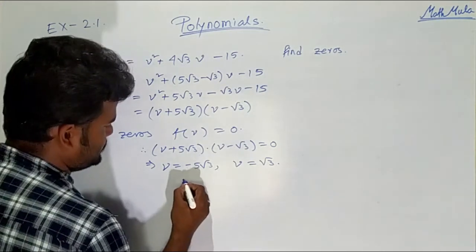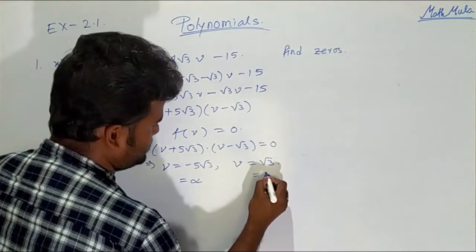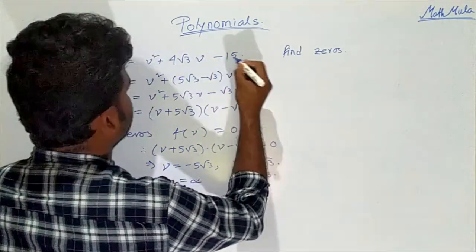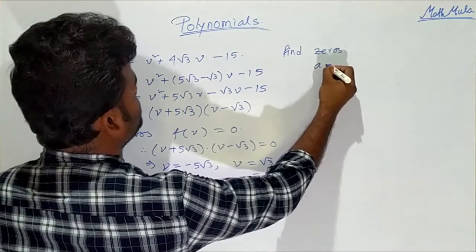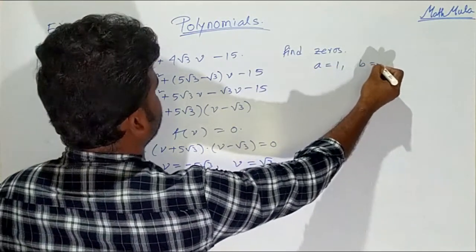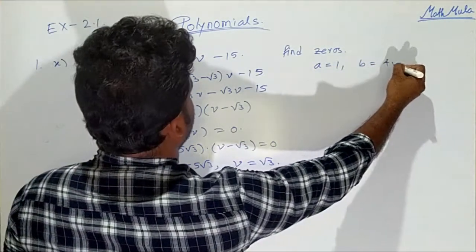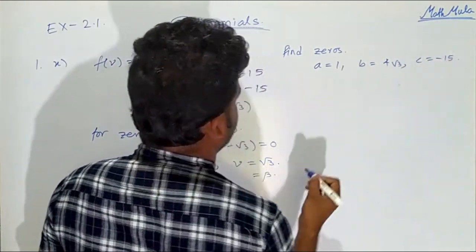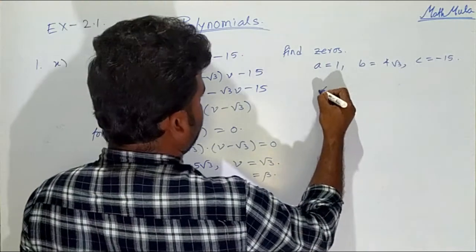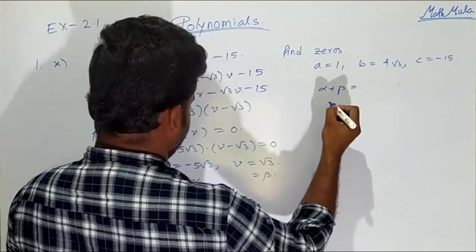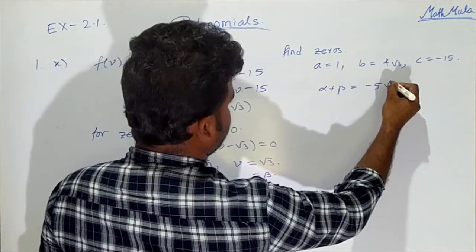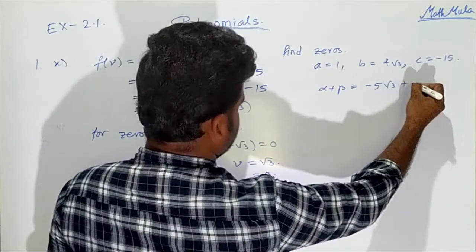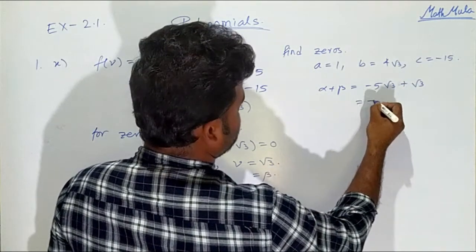Now let this be equal to alpha and this be equal to beta. And from the given equation, a is equal to 1, the coefficient b is equal to 4 root 3, and the constant term c is equal to minus 15. Okay. Now alpha plus beta, that means minus 5 root 3 plus root 3, this is equal to minus 4